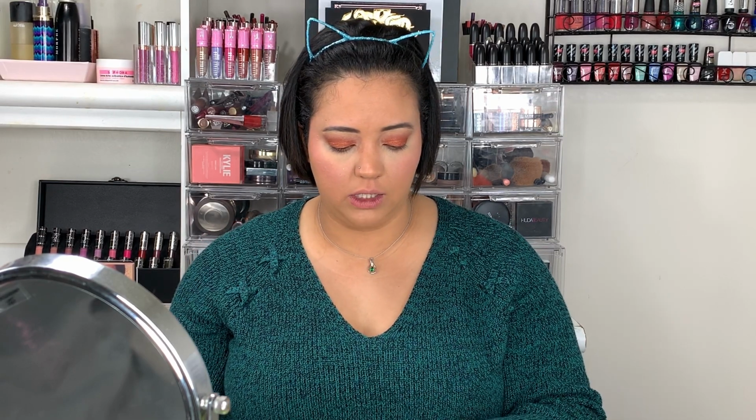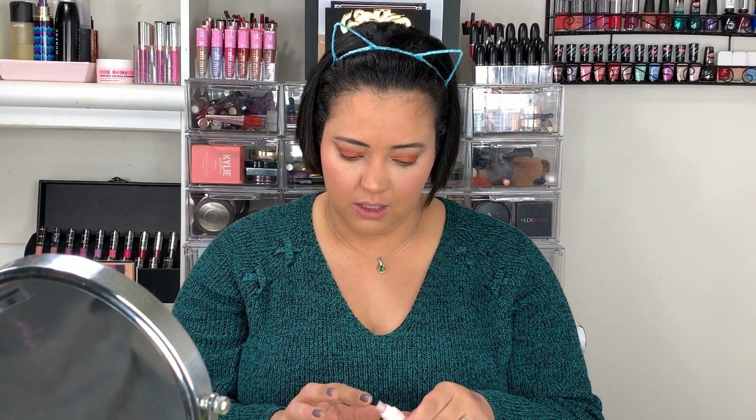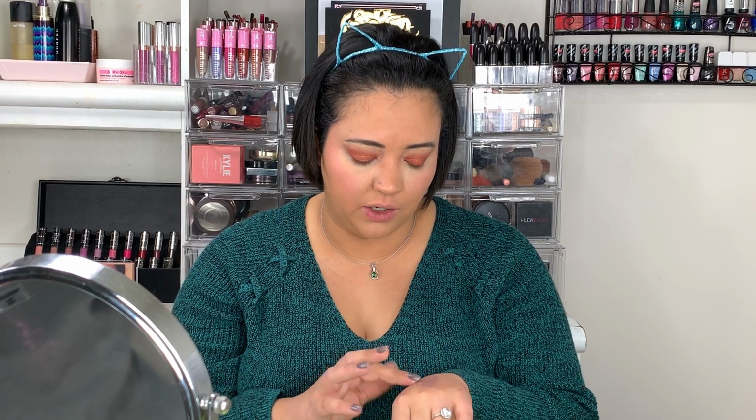Alright, so this is the liquid highlighter swatch. It's nice. Okay, let's try to get some of this on my cheek. Oh my god. Okay, it comes out like crazy, so be careful. So what I'm